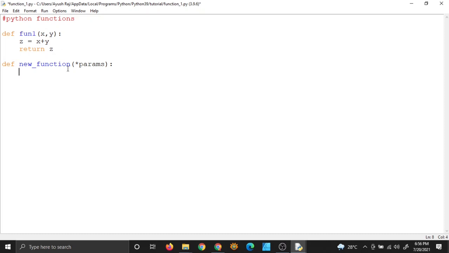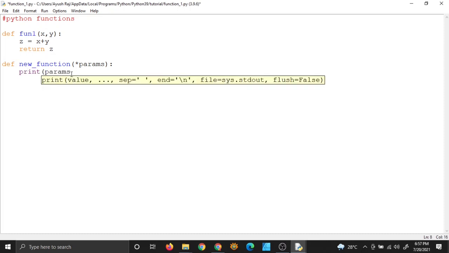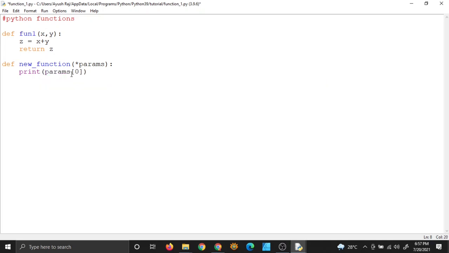So now I have this params variable, which is actually an array. When I have put this star here and I have passed params variable inside this function, it means that params is now an array. So if I want to, just print the value of params, suppose I want to print params 0, like what is at the 0 index in params. So I want to find that. So now I will run my function, and I will pass the parameter 23, the argument 23 to my function, and let's see what happens.